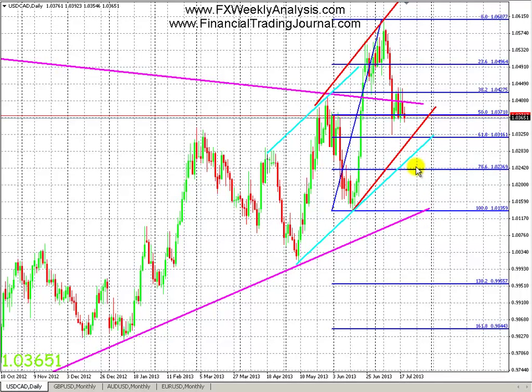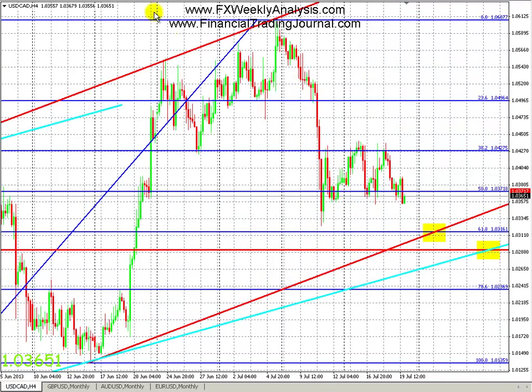We still have upward channels. This red line up here is a new top channel line. I just created a parallel line down here, so this is a projected trend line. We're hoping to see price bounce around here, which I'll get to on the 4-hour chart. And then we also have the old aqua trend lines as well. And this aqua line is real, unlike the red one, which is a projected line. So these are levels of concern going forward. Otherwise, it would have to break both of these trend lines and possibly break the 78.6 fib level to get to the weekly trend line down here, which is why I don't see it happening.